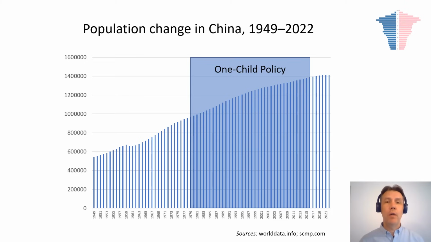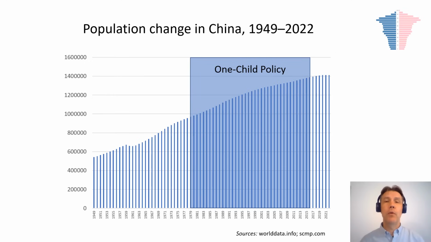families. However, quite interestingly, if we look at the population change in China during the period of the one-child policy from 1979 to 2015, what we see is almost linear population growth throughout the study period. And it raises the question, was the policy really effective? And what comes into play here is the specific nature of demographic processes.